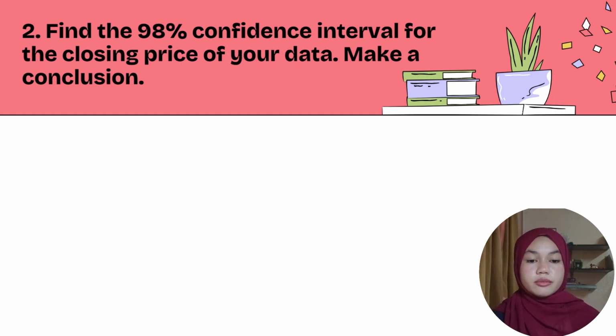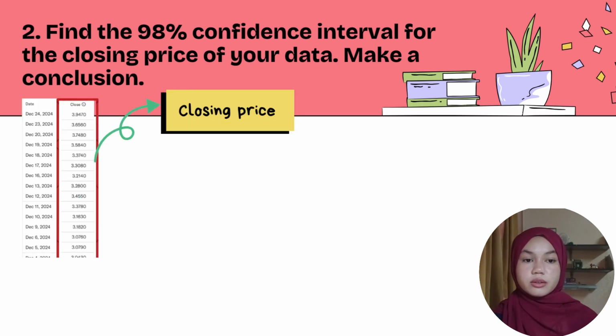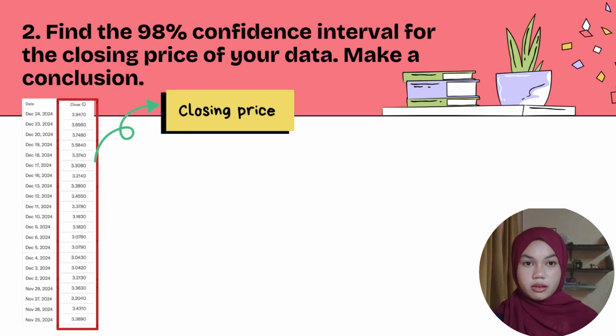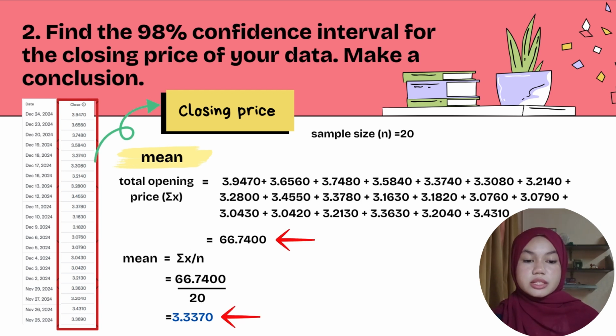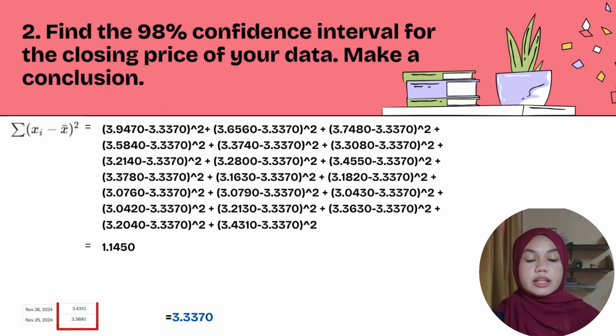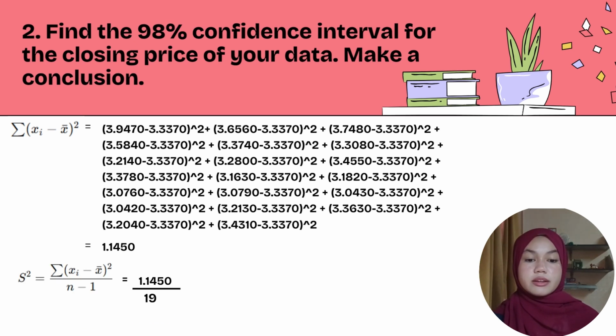For question 2, find the 98 percent confidence interval for the closing price of your data and make a conclusion. First step, calculate the mean of the closing price using the formula and you'll get 66.7400. Next, to find the standard deviation, calculate the sum of squared deviations and divide by n minus 1, which is 19, and you'll get